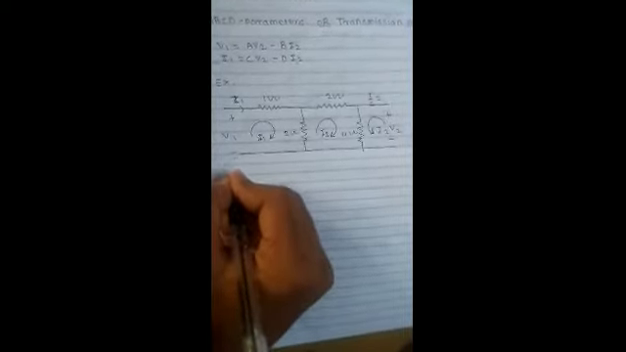Assume the current directions as given here, clockwise and anti-clockwise, with currents I2, I3 and I1. Simply apply KVL at